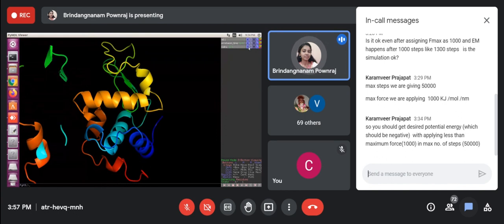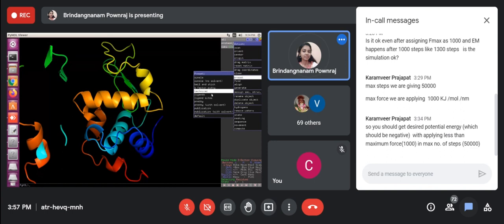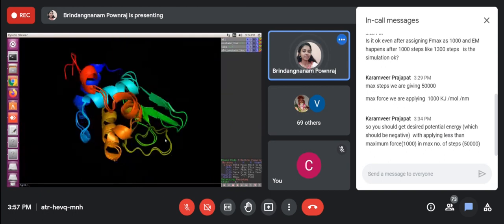First I will align our 1 nanosecond protein to the PDB protein. Now I align.